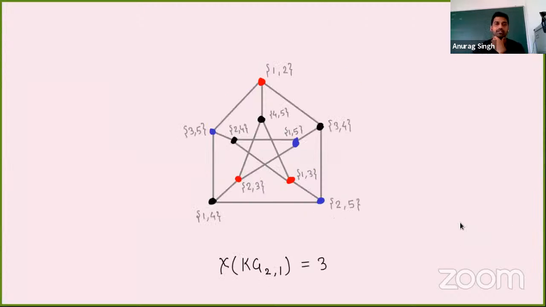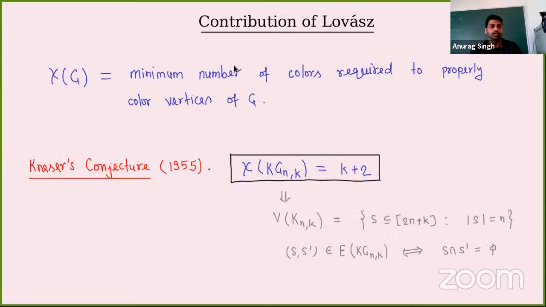For example, let's see what KG(2,1) is. Its vertices are all the two-subsets of 5. So these are all the two-subsets of 5, and the adjacency depends on whether they are disjoint. So {1,4} is disjoint from {3,5}, so you have an edge. And it's not difficult to see that the chromatic number of this graph is exactly 3. And this is the very famous Petersen graph. So the conjecture of Kneser was that the chromatic number of all the Kneser graphs is exactly k plus 2. Now, this conjecture was given in 1955, until